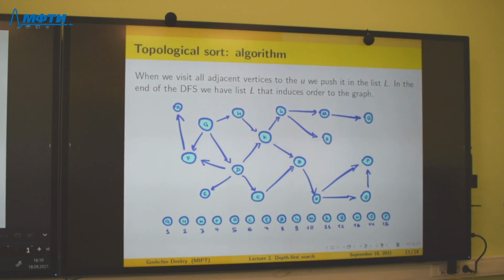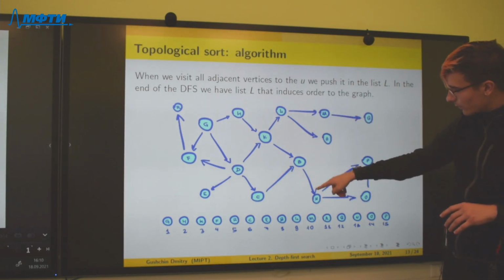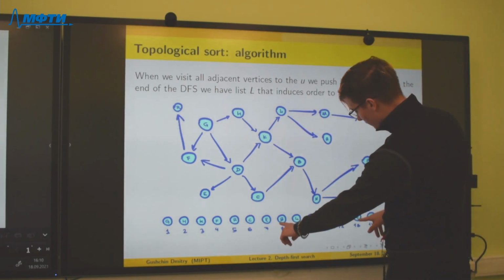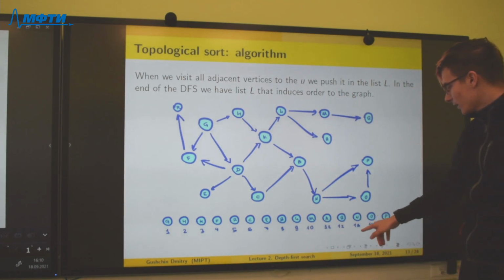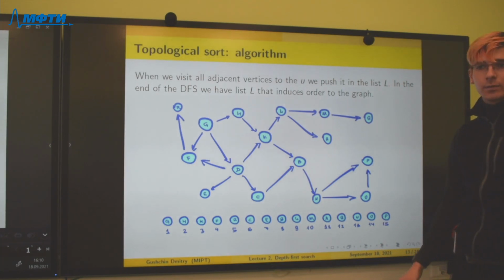B, from B to N, for example, yep. And we see that B has number 8 and N has number 13.